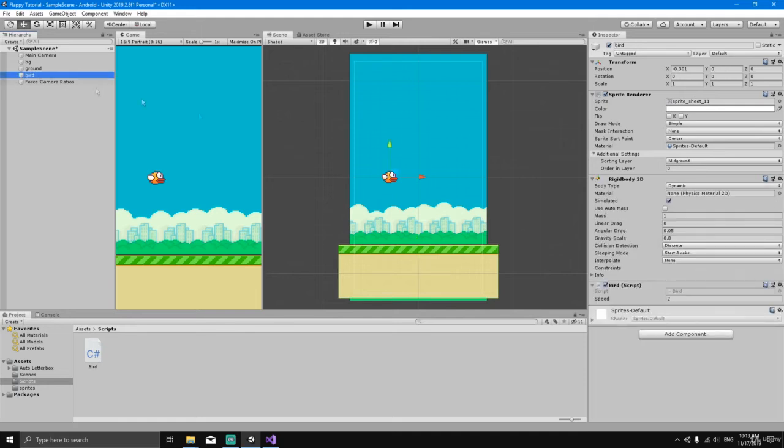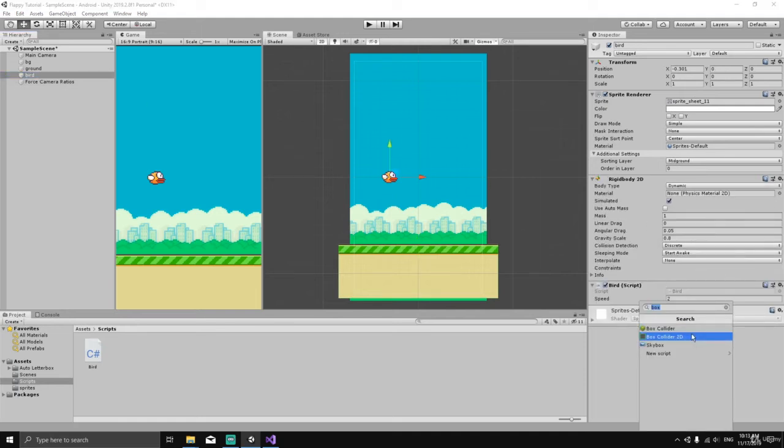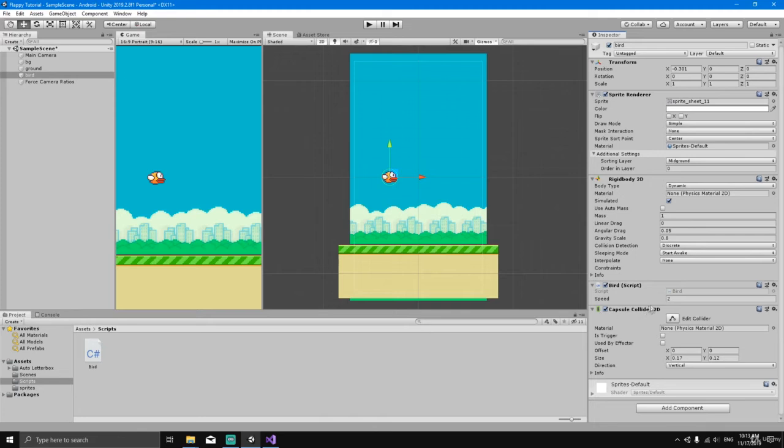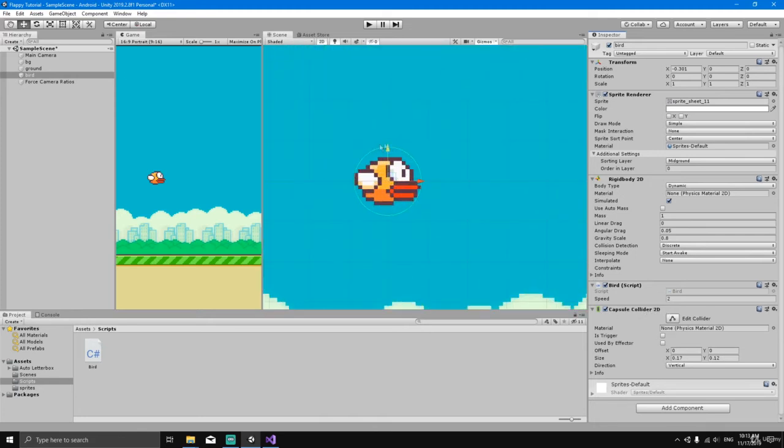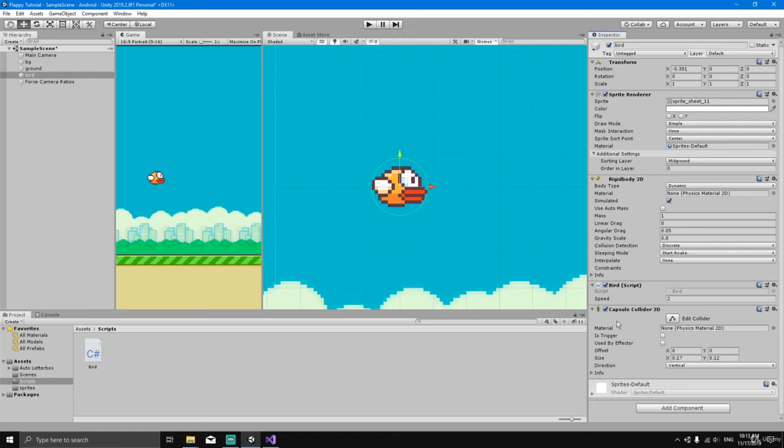So let's select the bird and give the bird a collider. In the case of the bird, we're not going to give it a box collider, we're going to give it a capsule collider because it fits the bird better. So select Capsule Collider 2D, and if we zoom in, you can see that the bird now has a green circle around it. That's the collider. So what we're going to do is go to the inspector, and in the Capsule Collider 2D, we're going to